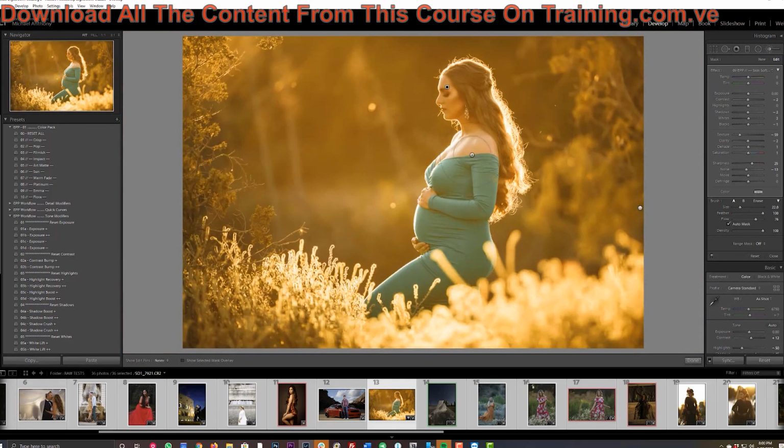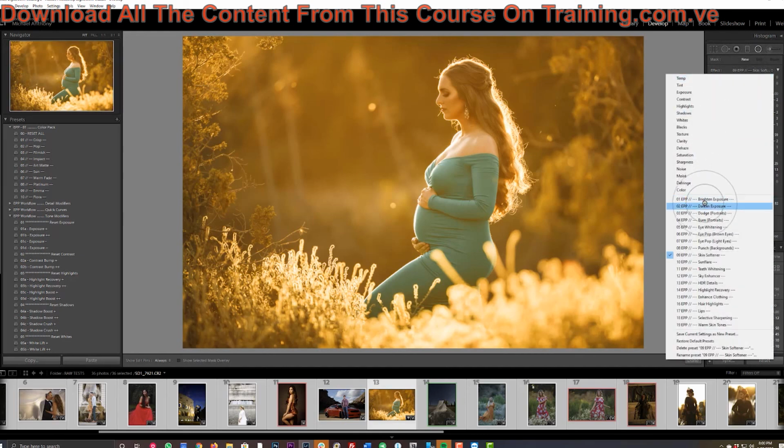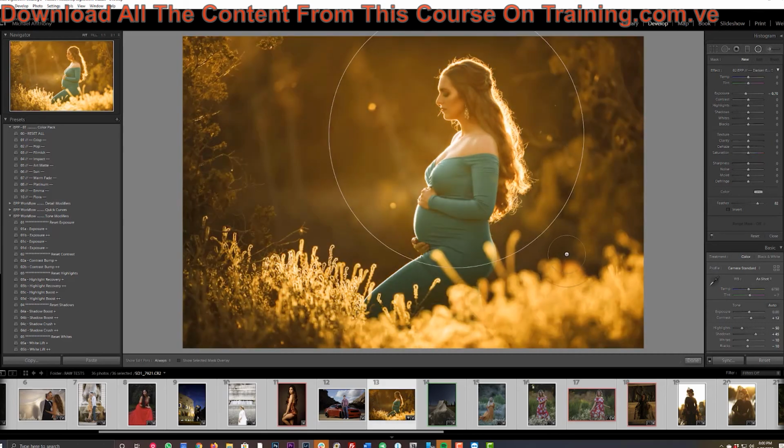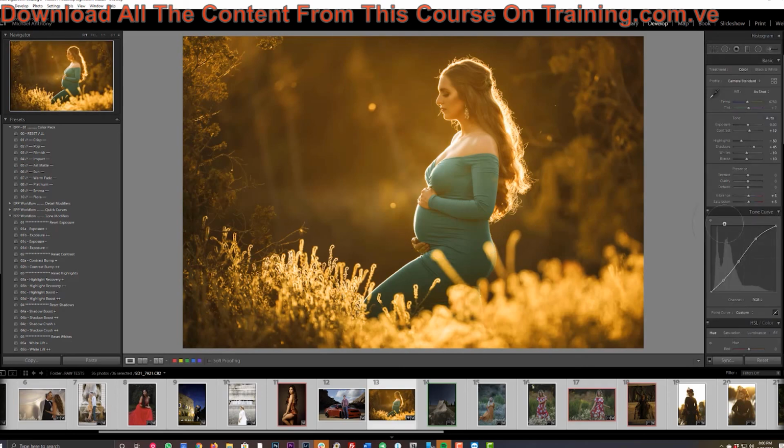So now once I have that, I'm going to just put it on her body right here too. I'm going to now go and create a radial filter, and I'm going to use my darken exposure because I'm not dodging and burning the face. I'm only using this to adjust light levels throughout the entire image. So I'm going to draw this right around her, just like that. And then the only thing you would have